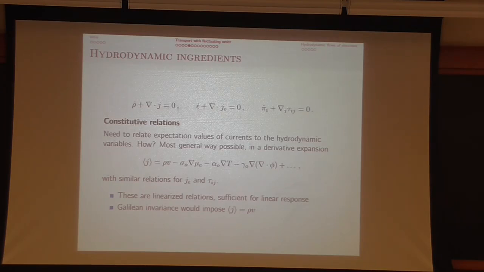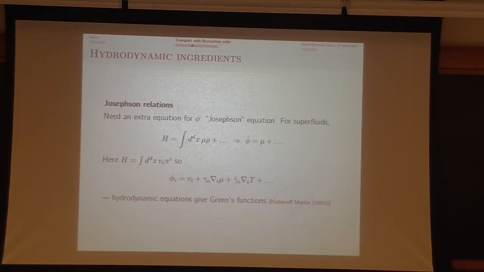Okay, so we're almost done. The only one that doesn't have an equation is the Goldstone. Hydrodynamic equations for the Goldstones are usually called Josephson relations. Let me quickly see how it works in superfluids, because that might be a little more familiar. In the case of a superfluid or a superconductor, phi is conjugate to the charge density, since we're spontaneously breaking U(1). The charge density is sourced by the chemical potential in the Hamiltonian, just an A_mu J^mu term, basically. So if I compute phi dot using the commutator with the Hamiltonian, I'll find that phi dot is given by mu. This is true at equilibrium. Out of equilibrium, there'll be higher gradient terms.